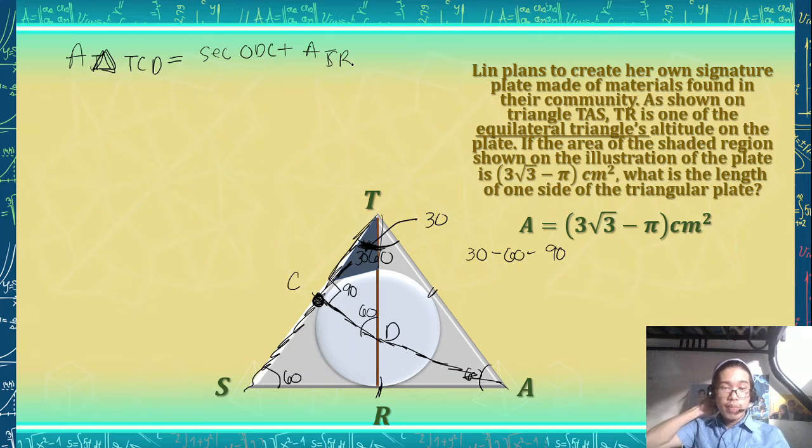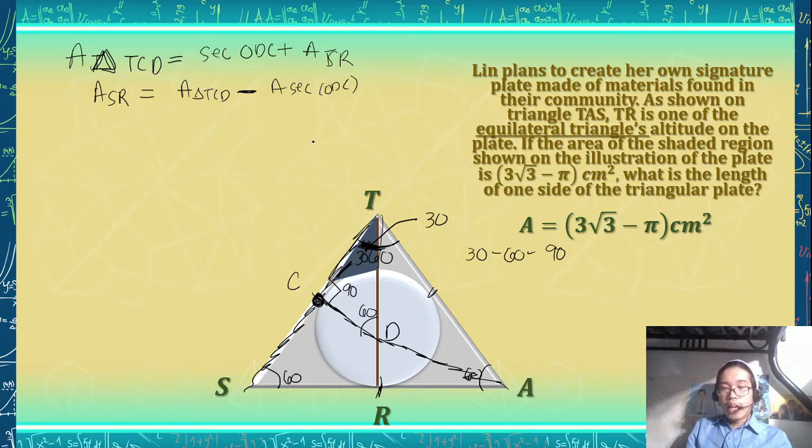More specifically, the area of the shaded region is just going to be equal to the area of triangle TCD minus the area of the sector ODC. And since we know that the area of the shaded region is equal to 3√3 minus π,